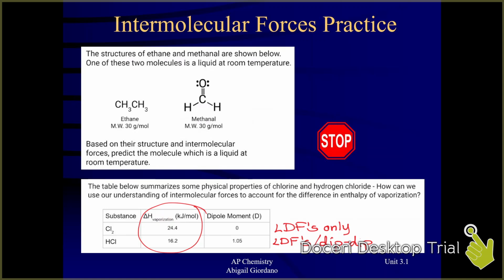Now that's unusual, and I will tell you that the AP exam loves questions like this, where what you would predict based on the intermolecular forces isn't exactly what the data shows, but the difference is the difference in size